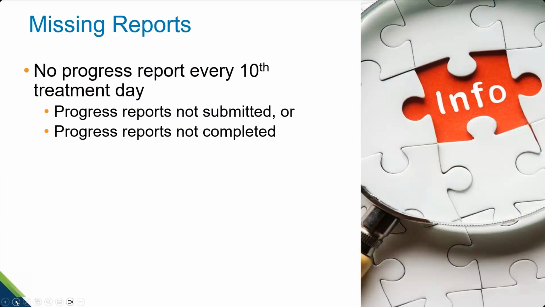We often get documentation submitted and there's either no progress report or the progress report doesn't show comparisons to the evaluation or last progress report, so then it only actually looks like a daily note. And then we're going to consider that an error. So this error or omission, denial of this service could cause your overall claim to be denied, and we don't want for that to happen